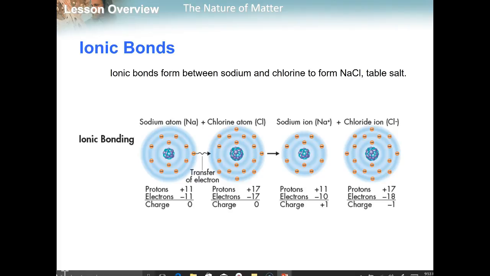So when ionic bonds form between sodium and chlorine, they form sodium chloride, which is table salt. And we can see that sodium becomes a positively charged ion and chlorine becomes a negatively charged ion. The reason is that sodium loses the electron in its valence shell, and chlorine gains that electron in its valence shell. So anytime you have a transfer of electrons, remember, let's draw hydrogen this